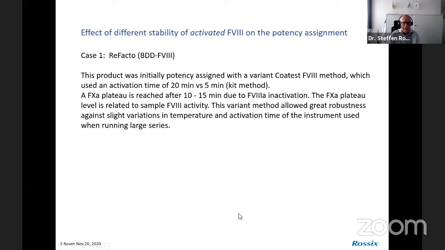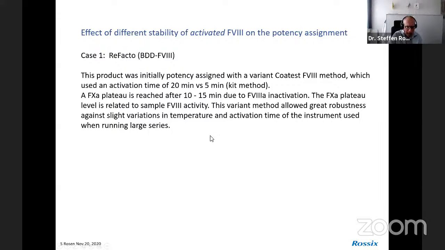Now, switching to the different stability of activated factor X and its effect on the potency assignment. ReFacto is a very interesting case, the BDD factor VIII. This product was initially potency assigned with the variant Coatest factor VIII method, which used an activation time of 20 minutes as compared to 5 minutes in the kit method. And I was much involved in this work, and we had a publication in Thrombosis Research in the mid-80s, and we were very proud because this method